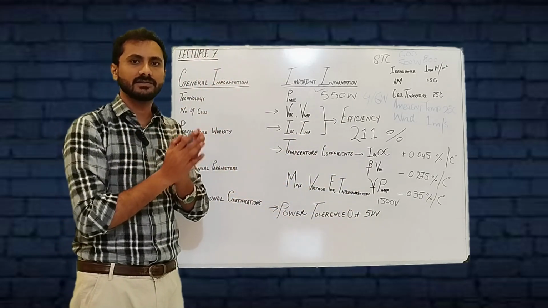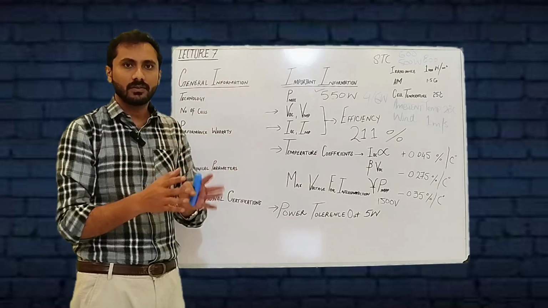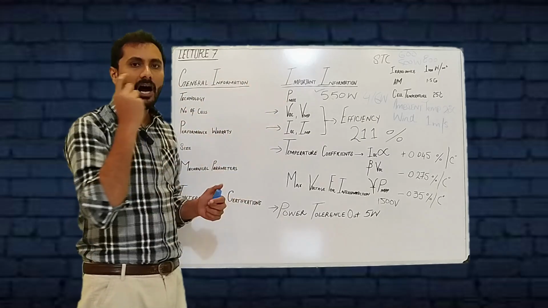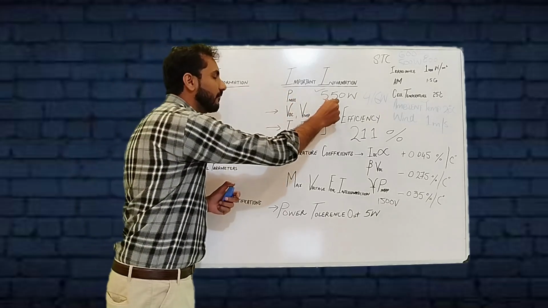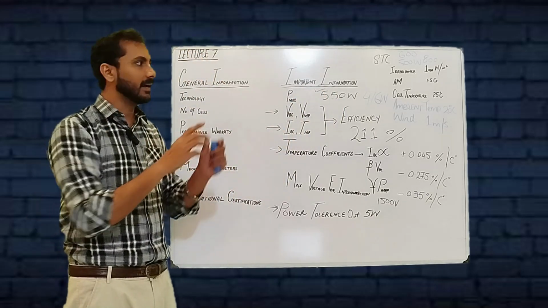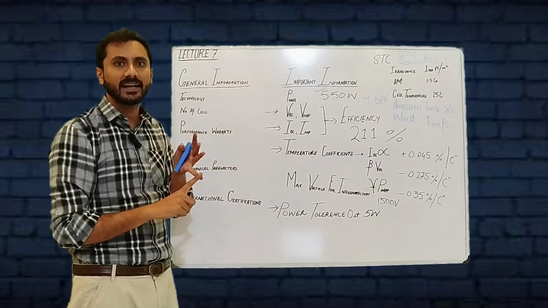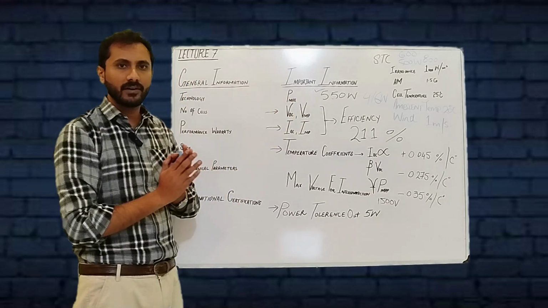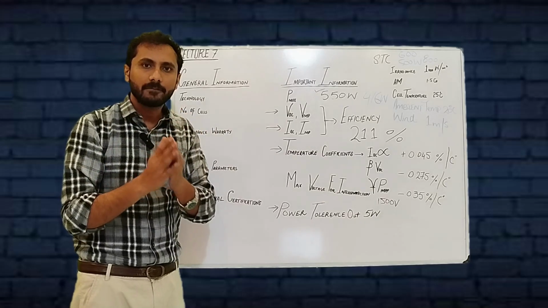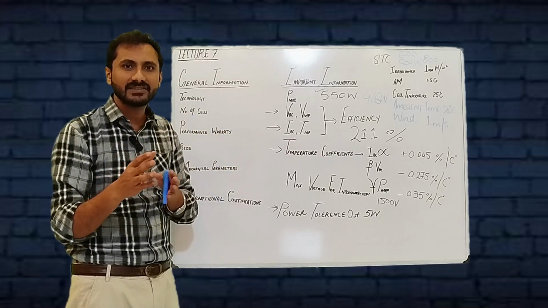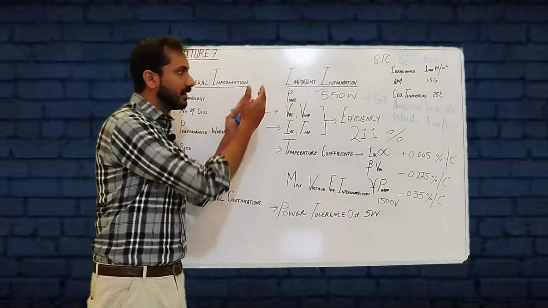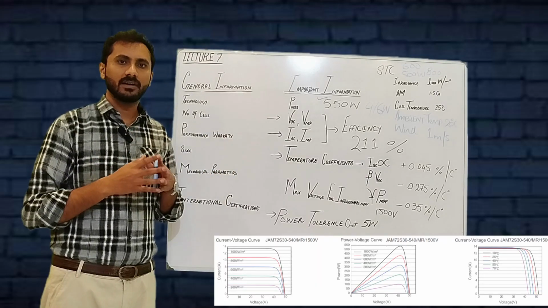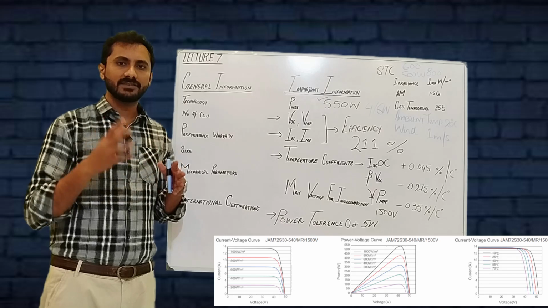Generally, STC conditions are when we manufacture the solar cells and we test them in this particular condition in a laboratory; our solar cells combined will provide 550 watt. If in the atmosphere STC condition happens, our solar panel will provide 550 watt. Otherwise, whether the temperature is 35 degrees centigrade or minus 5 degrees centigrade, the effect will be reflected in our energy output. The datasheet provides the graphs about the current, voltage and power,